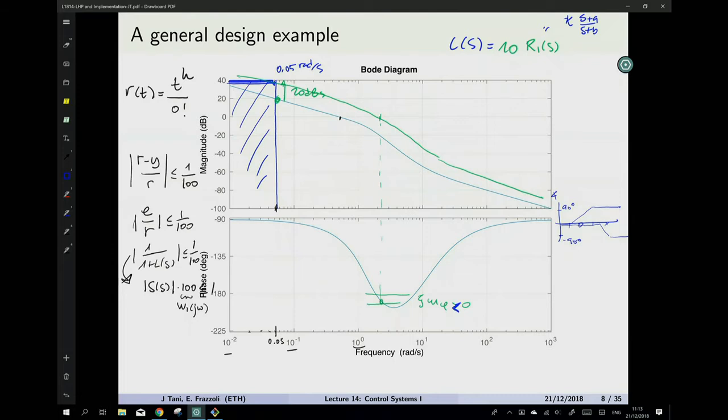So, the first thing we need to do is understand what we want. In life, if you don't know what you want, it's difficult to determine if a choice is right or wrong, right? So what do we want? We want to increase the phase margin by roughly 45 degrees,